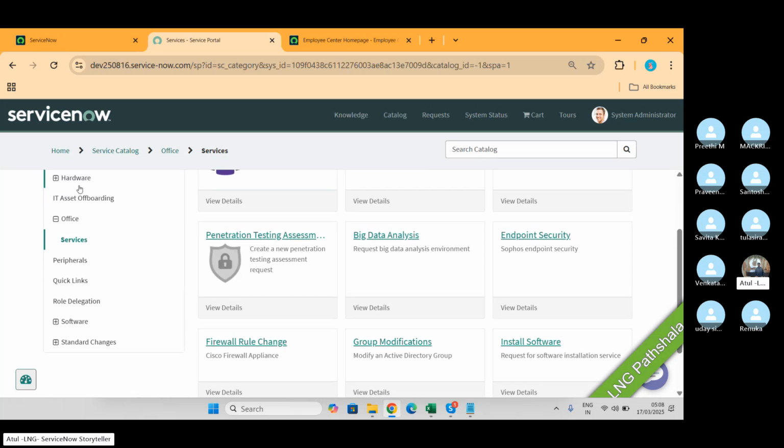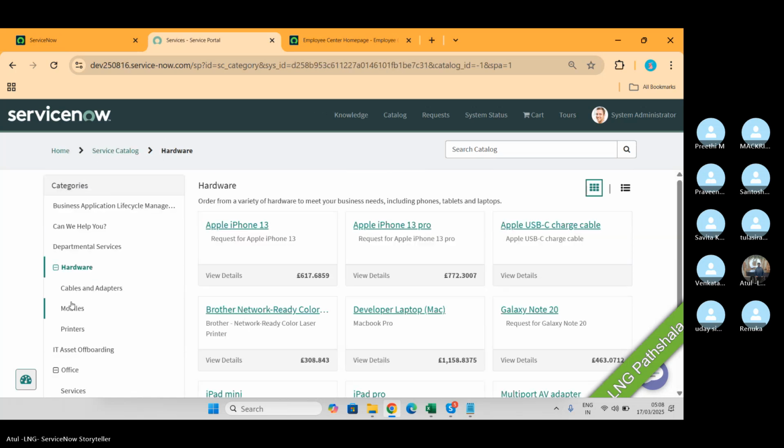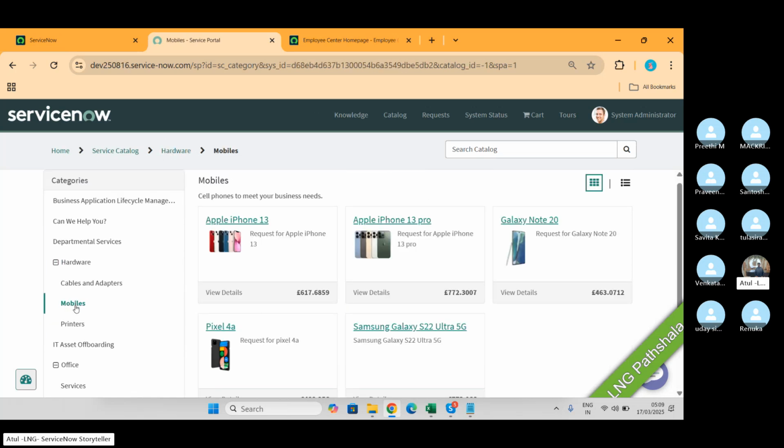This is hardware, mobile phones. Because when we work in a company, our boss says, okay, you can get a mobile phone as well, please order that. From the office, you will get a laptop from this.